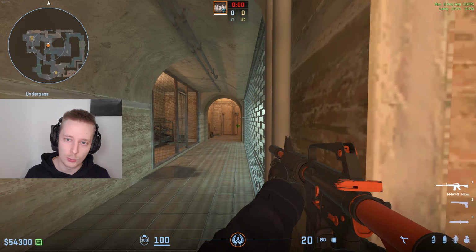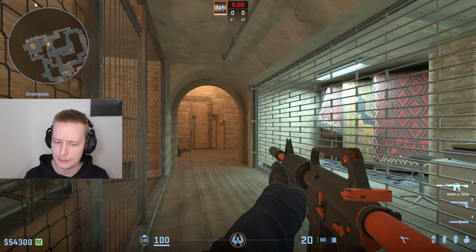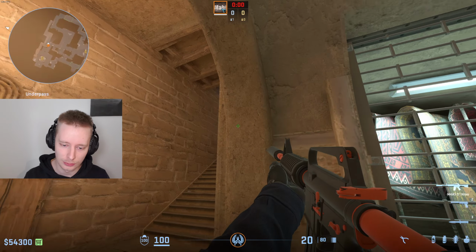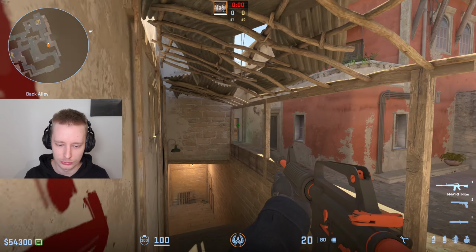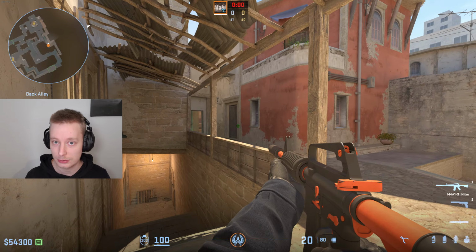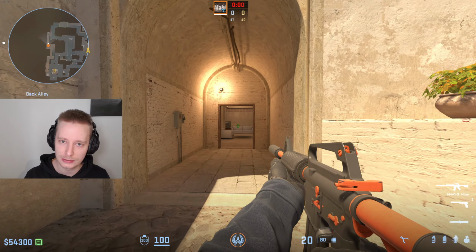Now whether you do the flash play or not, if you find out that underground is empty and you maybe push all the way up here and clear all of this, now you have two options. You can either go for B apartments play, so what you do is you make sure B apps is clear. If it is clear, your B player can already rotate A, and you can either start flanking T's from this